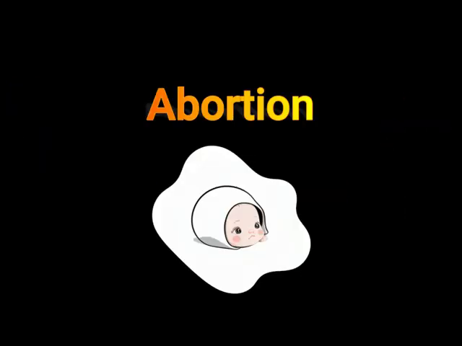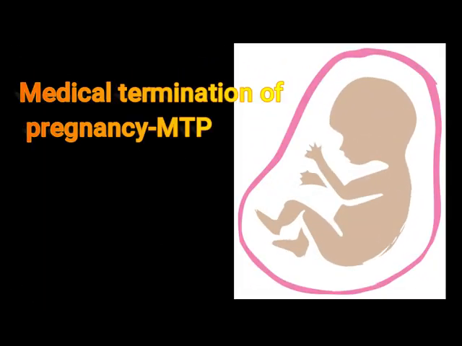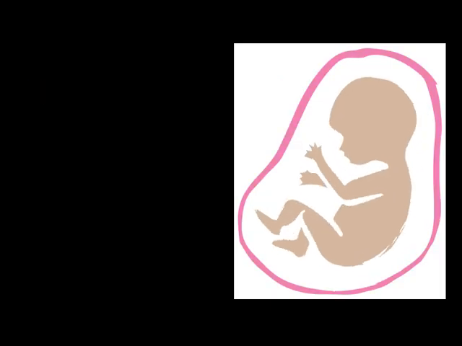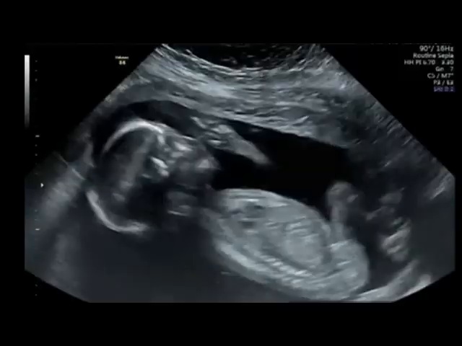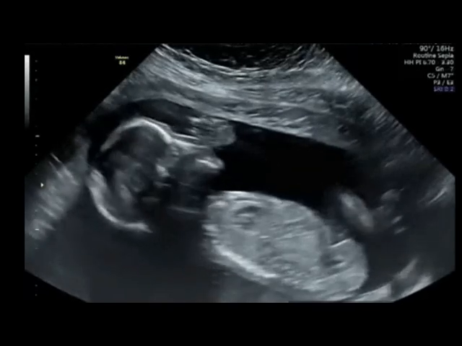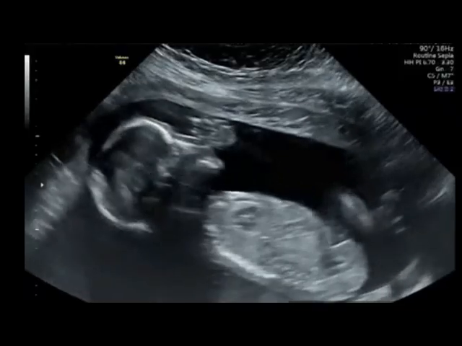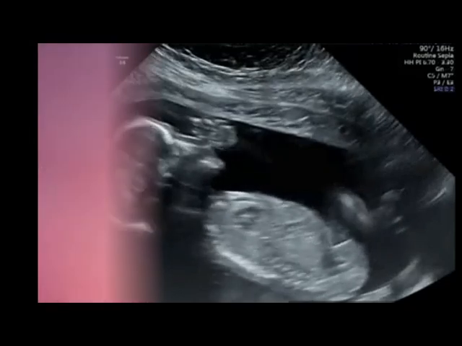They do not affect normal sexual behavior. Another term is abortion. Abortion is a medical termination of pregnancy, MTP, before the fetus becomes visible. You can say it is done in the first, second, up to the third month, so that the fetus is not wholly developed and it will not affect the body of the female. It is a termination of pregnancy.